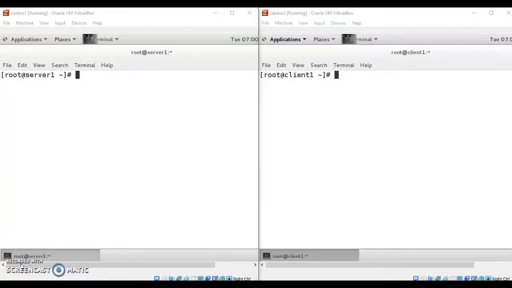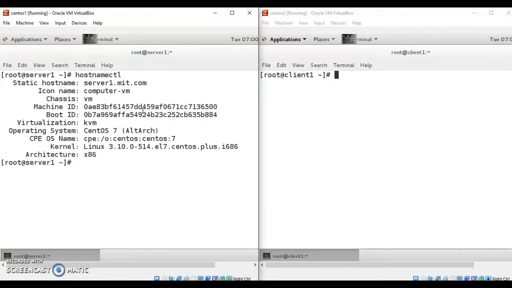The next step is to assign the host name. To check the host name of your machine, use the command hostnamectl. This will display the host name of your server. Here I have set my host name to server1.mit.com.